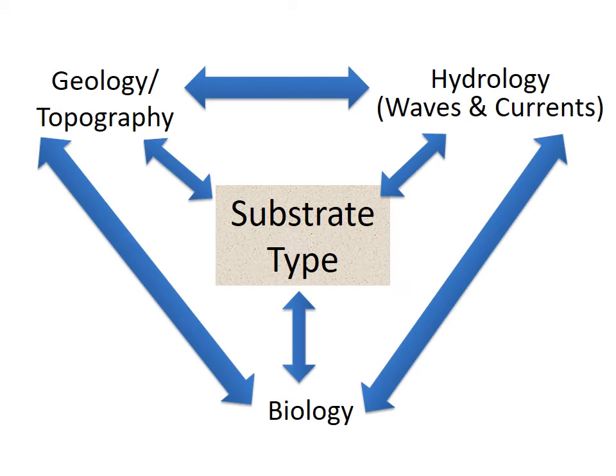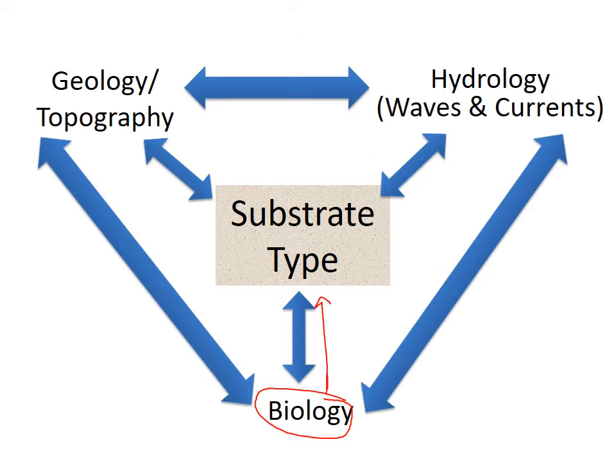One thing that I want to say about substrate type is that the type of bottom influences the type of organisms that can live there, but the type of organisms that live there also influence the type of bottom. So biology affects the substrate type. One example of that would be if oysters live there, the oysters create these reefs, and then the reefs become a substrate in themselves. Same thing with corals. They basically create hard substrate. So the biology can influence the substrate type,